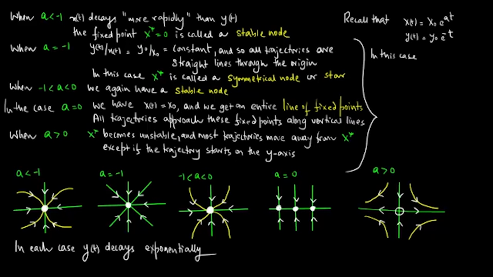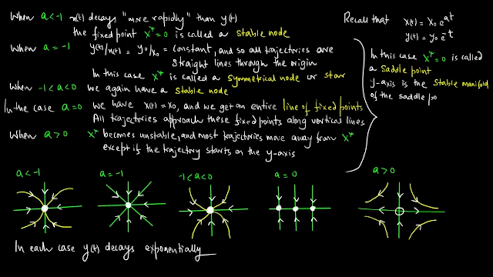In this case, x star equal to 0 is called a saddle point. The y-axis is the stable manifold of the saddle point x star,